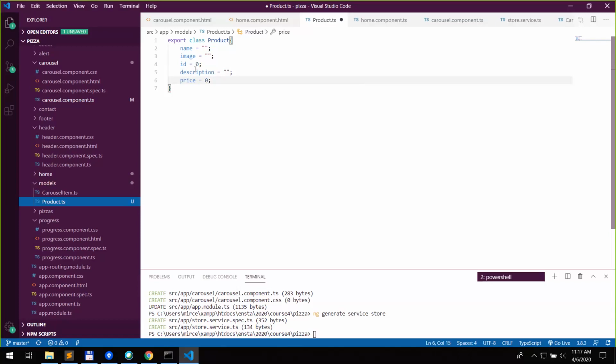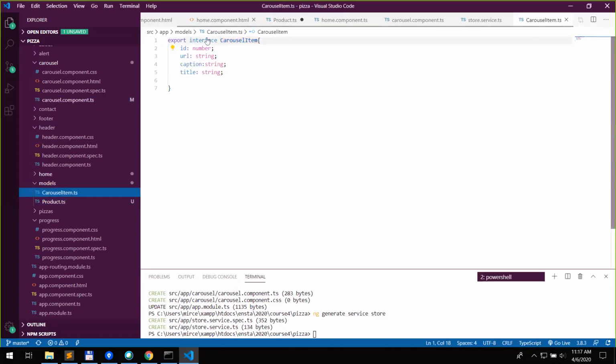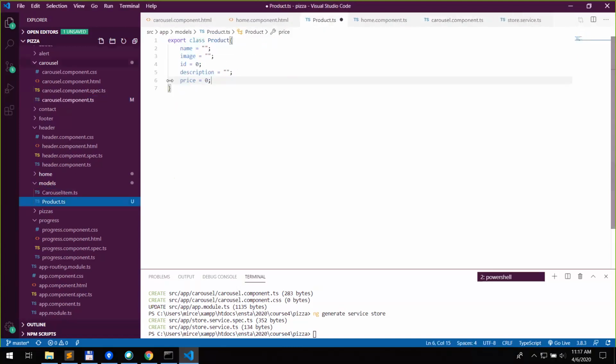You need to implement the values, the functions, the properties, and so on. Like before, for the carousel component, we did an interface. Here we don't have any logic. We just define a structure. And for the product, we can define methods inside. You can do whatever you want. So export the class Product here,